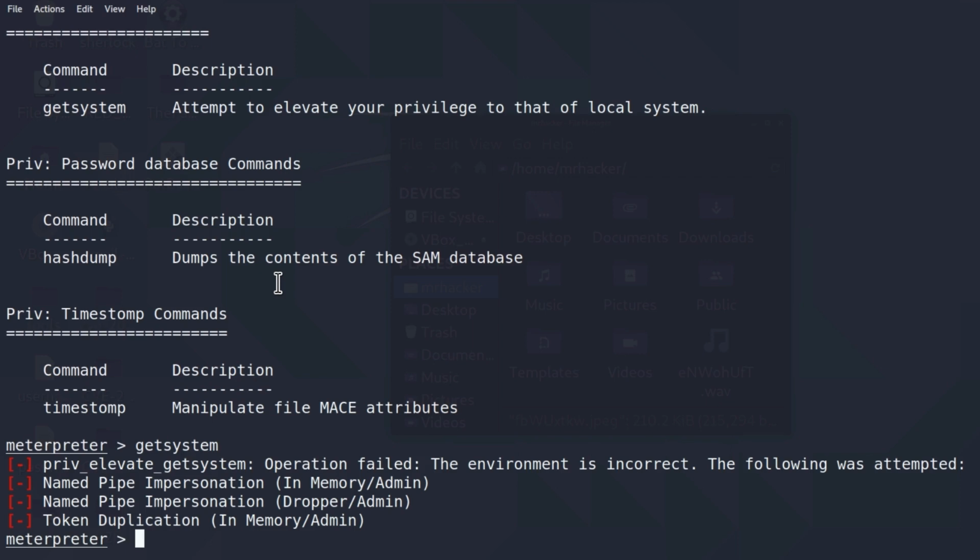And just to remind you, system privileges are the highest privileges on the Windows machine, even higher than the administrator. Once we get a system level account, we can say we fully hacked that box. So what are we going to do? Well, we're going to try to elevate our privileges in the next video